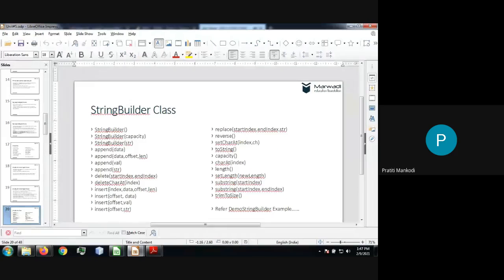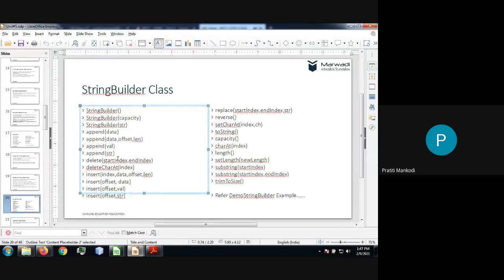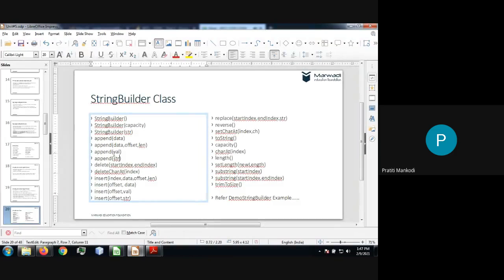So you have the append function, which is actually changing the content of the same string. Then delete. If you want to delete, what does it mean? You are changing the size, you are changing the content, you are deleting a few of the characters. So in the same StringBuffer object or StringBuilder object, the characters will be deleted, and you will have a change in the content of the string. Then you can insert characters in between, at the end, before or after something. Then replace. Again you have a replace function.